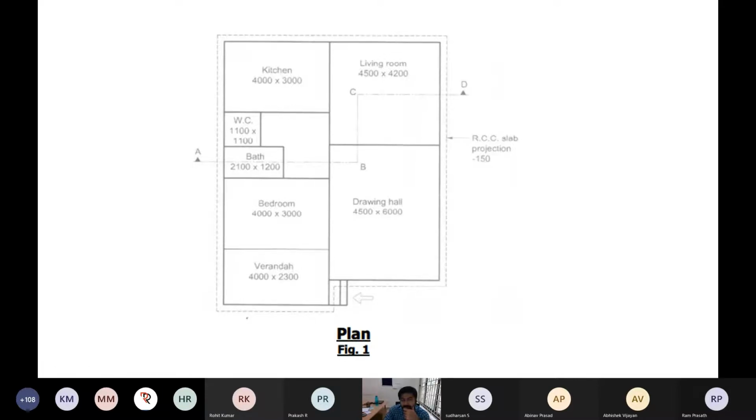One thing I will say here, it is a line diagram. What is the meaning of line diagram? There is no positioning of doors, so open space, nothing. That you have to do. Whatever things are there, you have to make them properly. The access point is an open space. How you utilize that open space properly, that's your plan. You develop your plan and show me how you can make use of that open space.